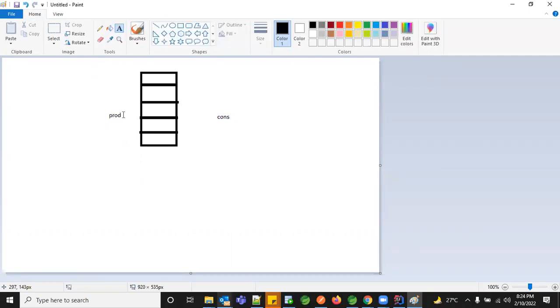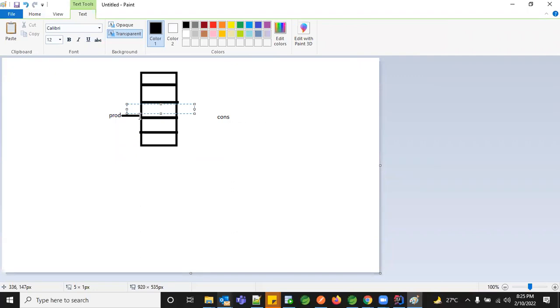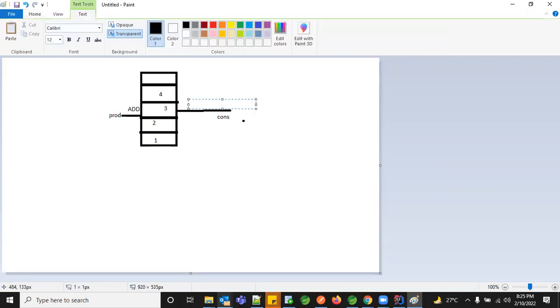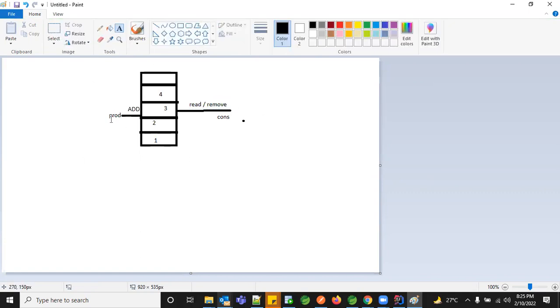So what this producer does is come and add the data. Okay, he adds the data. So whenever he comes in, he adds, say, 1, 2, 3, 4. That's what he's adding. And what is the consumer? He's reading one by one. So it's basically a removal, or a reading activity. So we can consider this as either view or read, read or remove. So this would be the way. It's a common resource where you are adding items on top of it, and you're reading one by one item on it.